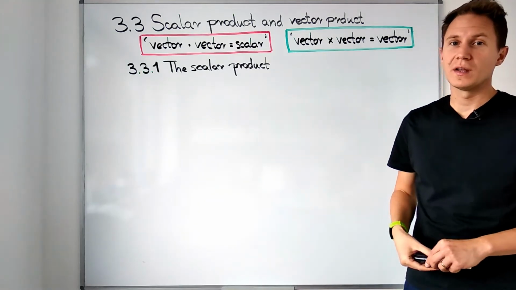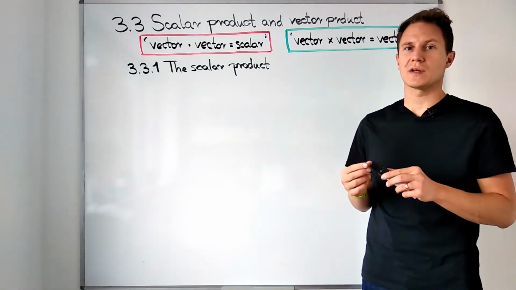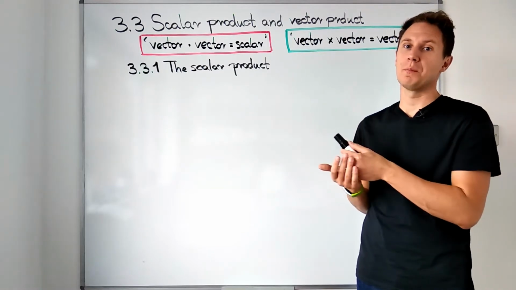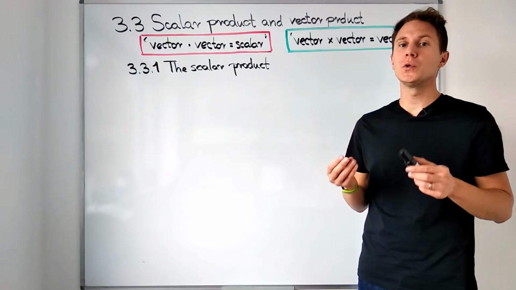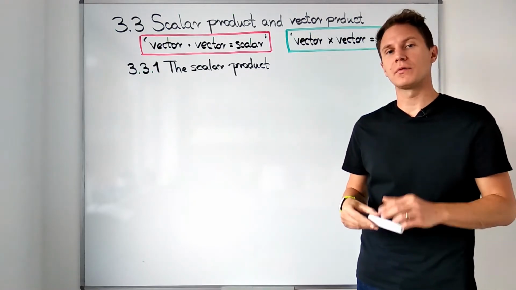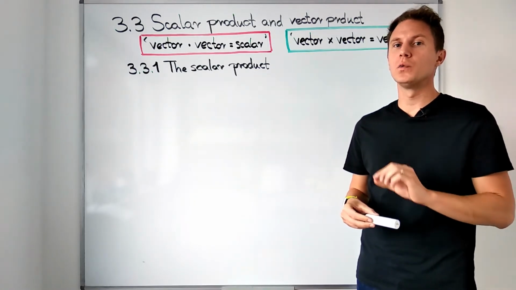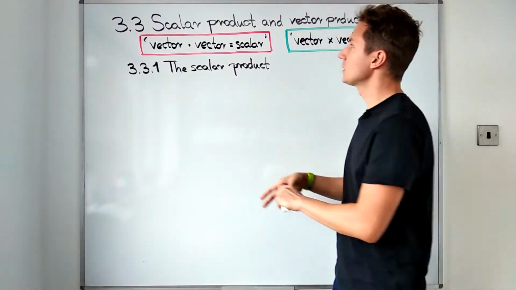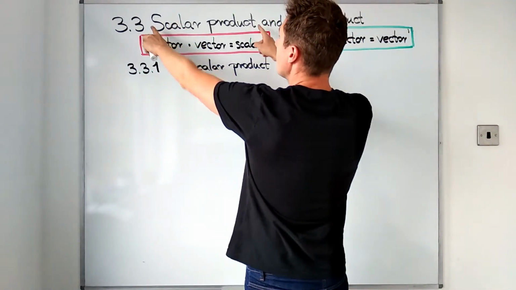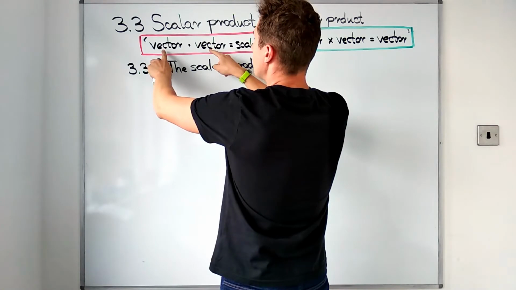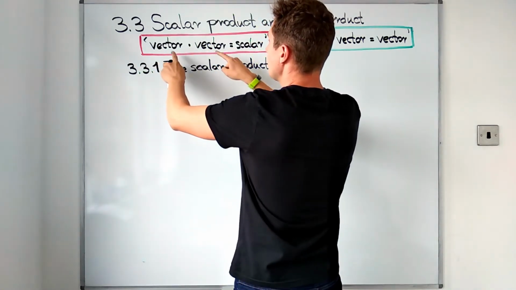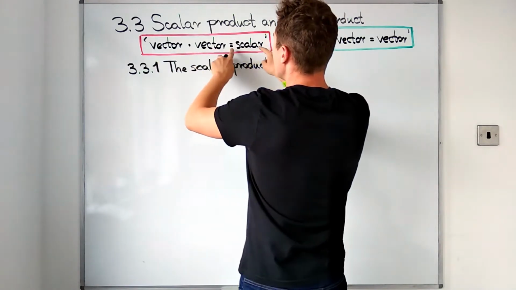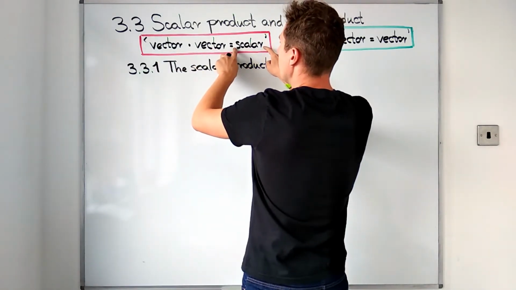So far we have seen how to add two vectors and multiply a vector by a number. Now we'll have to learn how to multiply two vectors, and we will have two ways of doing that, two very different ways. One is called the scalar product, in which we take two vectors, multiply them in a certain way, which I'll just show you in a second, and we'll get a scalar, a number at the end as